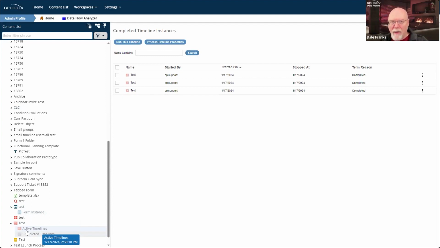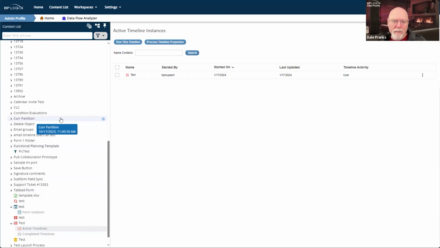I don't have to necessarily open the definition. In older versions, you had to open the definition. And what would hopefully happen is that when you open the definition, the instances would be added as nodes to the content list. We no longer do that. We add them as nodes to the content list immediately so that they're always there and always available so that you can navigate directly to those nodes without having to open the object itself. It's a little thing, but I think it's very important.